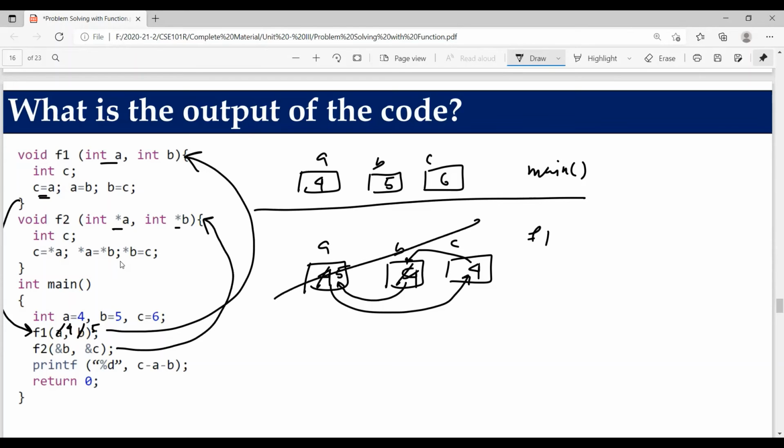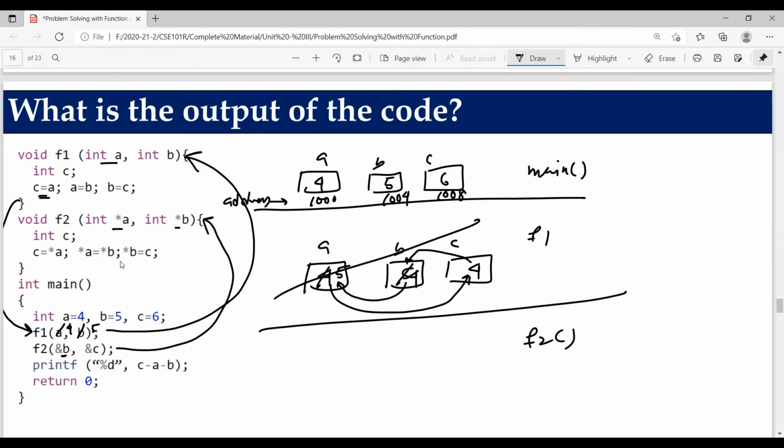So this memory is erased. Now the second function F2 is there. Now see, instead of passing the value, we're passing the address of B and C. So let's take some addresses over here. Suppose this is 1000. This will be 1004. This will be 1008 because an integer is 4 bytes. So I'm just calculating that byte only. I'm assuming that these are the addresses of the 3 variables in the main method. So what do we pass in F2? The address of B.